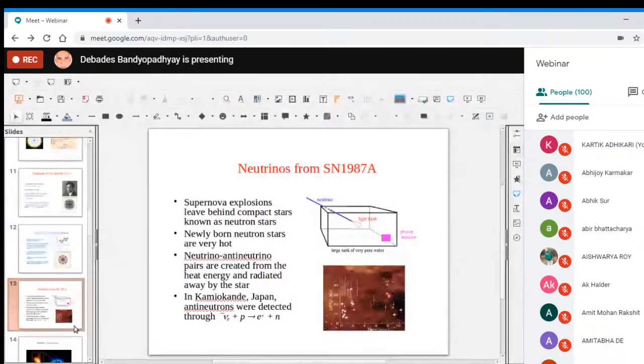Now, there were some round-the-clock neutrino observatories working at the time of the explosion. One of them was in the mountain, Kamiokande in Japan. So what is this detector actually? These are huge tanks full of water, H2O, and then you have scintillator detectors which capture radiation photons. So when a neutrino passes through this